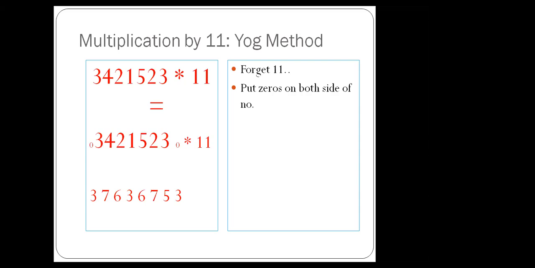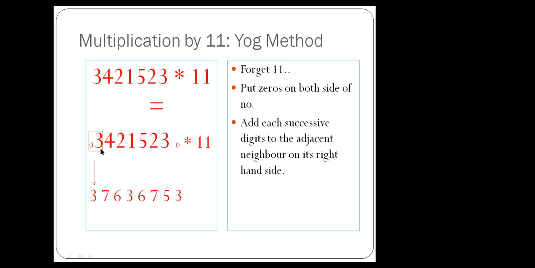So now I am showing you in some other way. What I did, please understand: 0 and 3 are added, so 3. Next, 3 and 4 are added, so I am getting 7. Now 4 and 2 are added, so 6. 2 and 1 are added, so 3. Just one more way to explain so that things will be clear to you. 1 and 5 are added, so 6. 5 and 2 are added, 7. 2 and 3 are added, 5, and finally 3 and 0 are added, 3. So this is the answer. You can take a screenshot of this particular example so that you can refer to it later on.